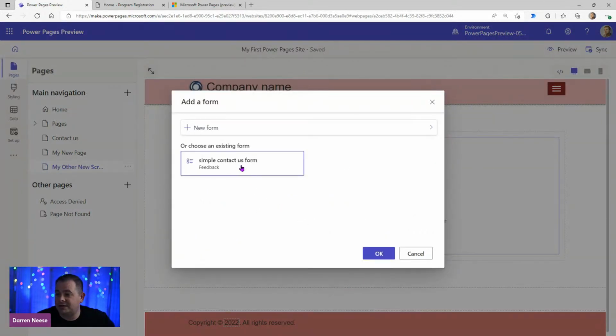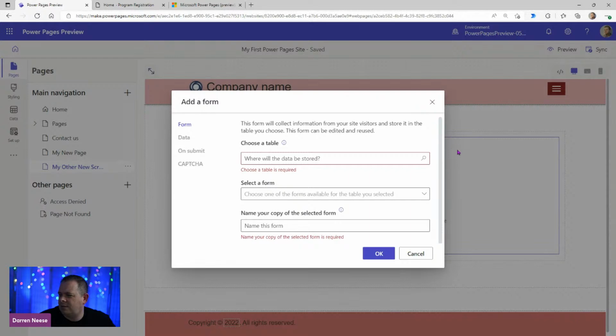So, for example, here's a simple contact us form. So I click on that. If you want to create a form to be filled out for a Dataverse table, what you do is you go into this data, and I can show you that here in a moment. I just want to deal with this pop-up screen here. And okay,